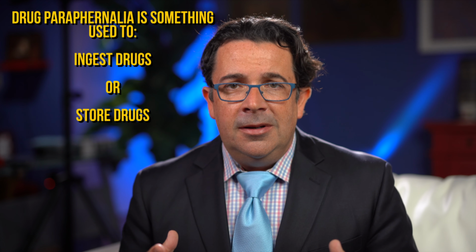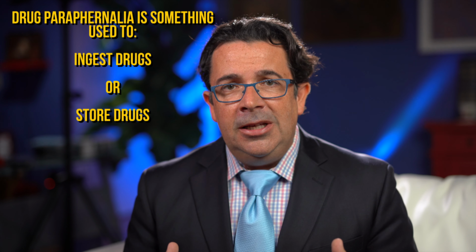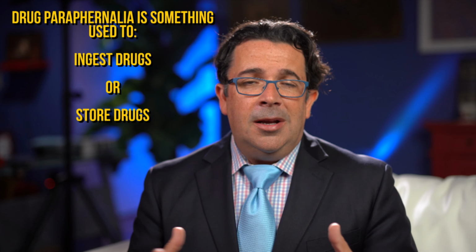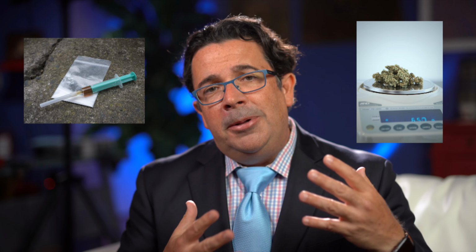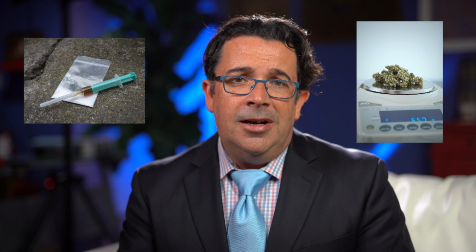To convict you of possession of drug paraphernalia, the prosecutor must prove that an everyday household item was somehow used to ingest drugs or store drugs, right? And the problem with proving a drug paraphernalia case is that the paraphernalia is typically perfectly legal. It's like a perfectly legal item, like a Ziploc plastic baggie or a digital scale. This stuff is legal to own, but when the police find these things near drugs, somebody's getting arrested for drug